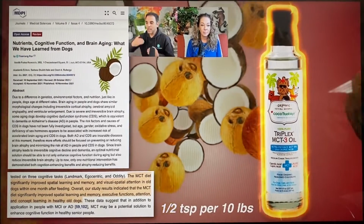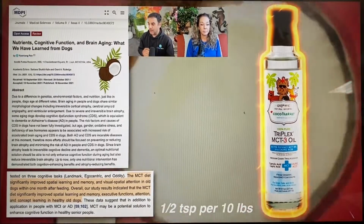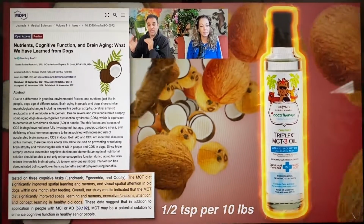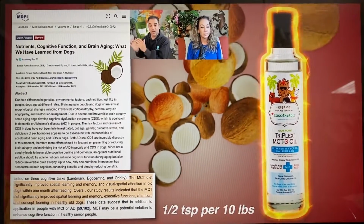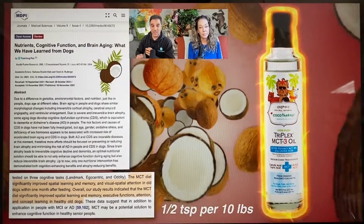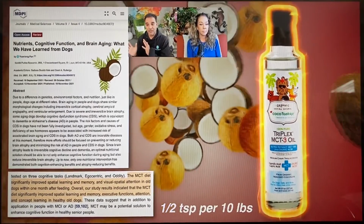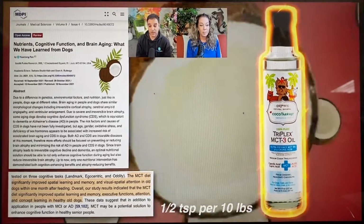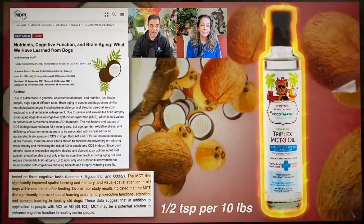That's because if you get into the research and the data behind seizures as an example, it's the distribution of macronutrients: higher fat, lower protein, lower carbohydrates, a different reaction in the body, a different insulin response in the body, therefore an improvement when it comes to seizures. So it's not like taking chocolate cake, as our old friend Daniel would say, and pouring MCT on it, and my dog's never going to seizure again, because that would give you an ill effect. But MCT is unbelievable for cognitive performance, unbelievable for the brain, as you say, with ketones, and Dr. Becker, as you alluded to earlier,